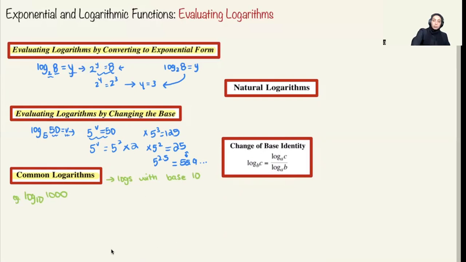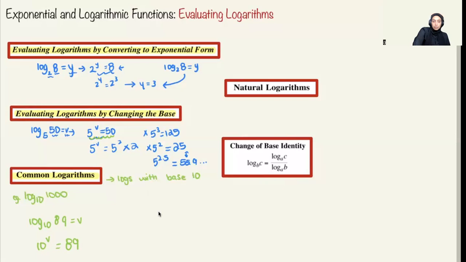So if I wanted to evaluate something like log of 89, that is log base 10 of 89. What would I do here? I'm saying this is equal to v, which means 10 to the power of v is equal to 89. And so I fall into the same dilemma I had over here: something to the power of v is equal to 50. We know that 10 to the power of something will give me 89, but